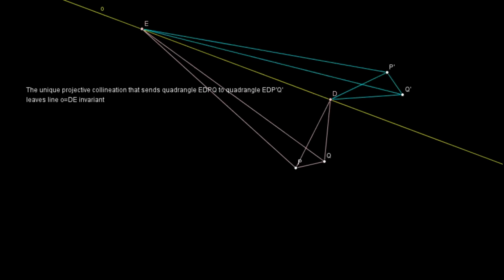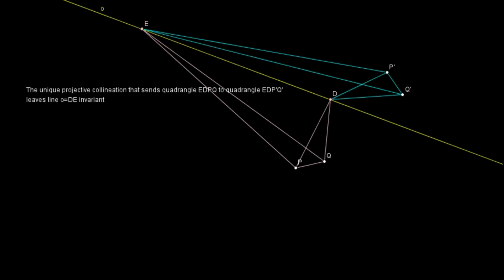One is on vertices P, Q, E and D, or I suppose I should say D, E, P and Q in alphabetical order, and the other quadrangle is on D, E, P dash and Q dash. Now, according to our previous result, there's going to be a unique projective collineation that sends this first quadrangle onto this second quadrangle. There's just going to be one projective collineation that does that, and moreover, this line, which is a common line to both quadrangles, DE, let's label this line little o,